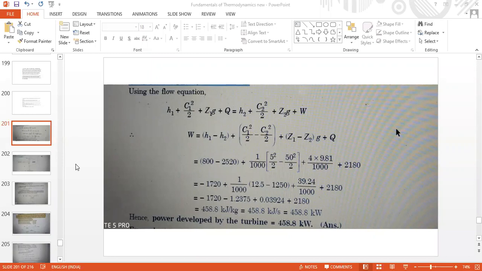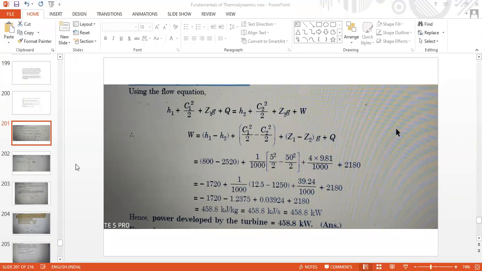Okay, in the last class, we discussed the function of a turbine. A turbine is a work producing device. What are the examples for work consuming devices? A turbine is meant for developing power, and thus a turbine will give work output or will produce power.